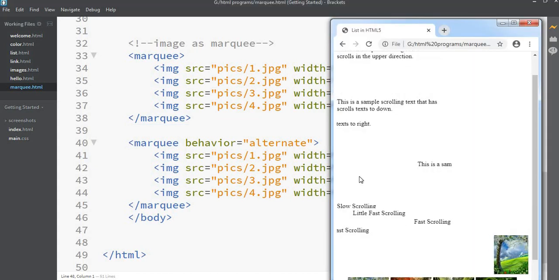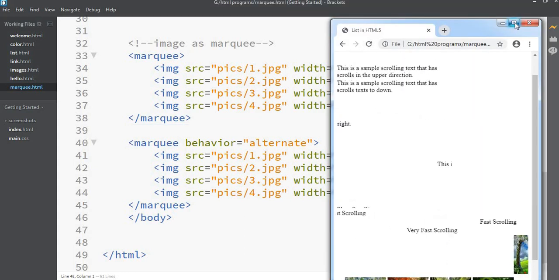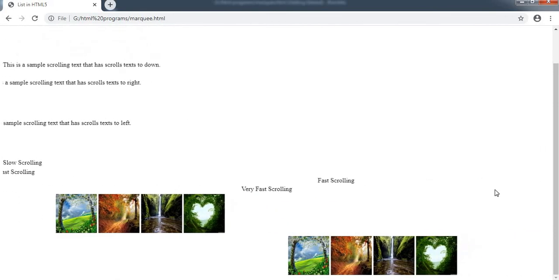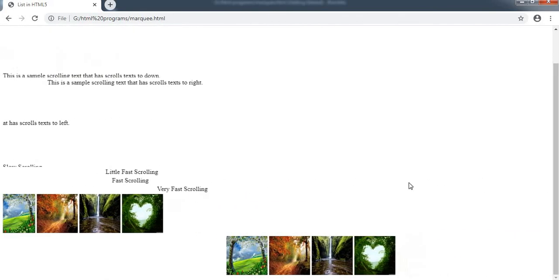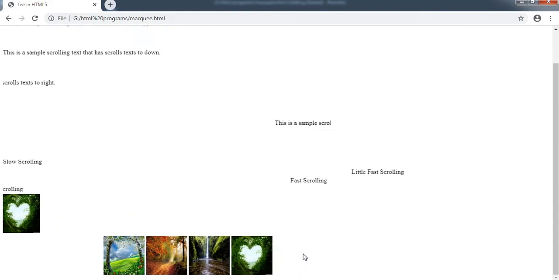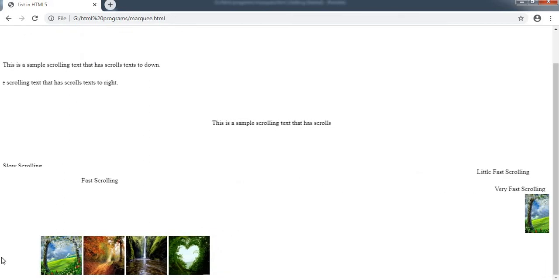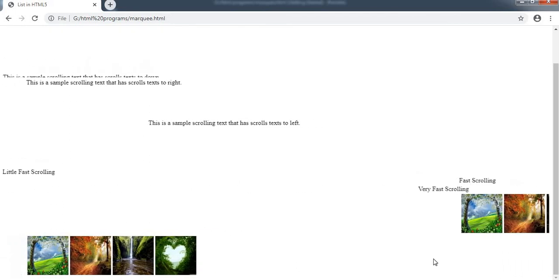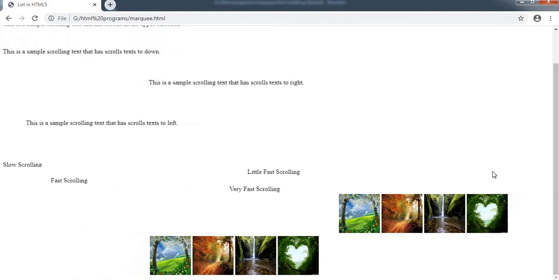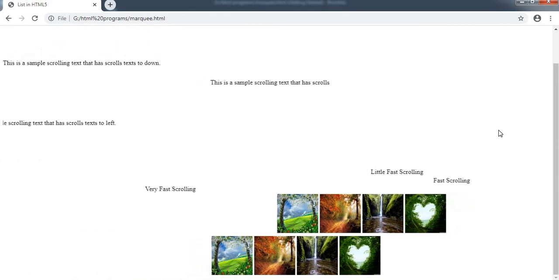To see the difference between these tags, see, these pictures will start moving from the right direction and continue moving, but this one, its behavior is alternate. That's why when it comes to this end, then again it starts moving the other way. So see, here is the behavior of alternate and here is the behavior of scroll.